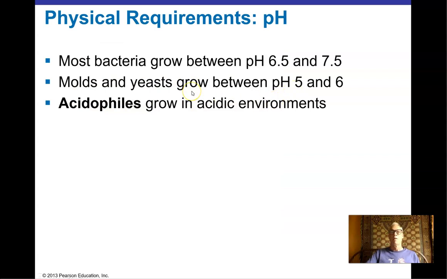Physical requirements, in terms of pH. We just look at temperature. Most microorganisms have a pH range that they're adapted to. Most bacteria grow around neutral pH. Neutral we would call 7.4. That's the pH of our internal body fluids and so forth. There are some regions of the body that are different pHs, but that's a typical bacterial growth range in